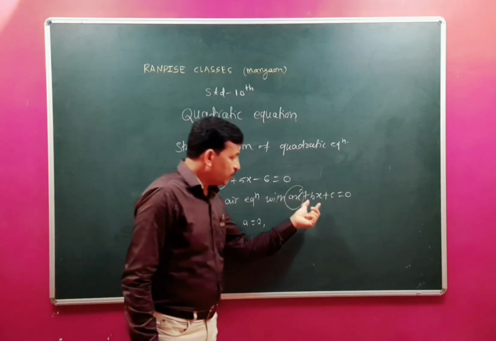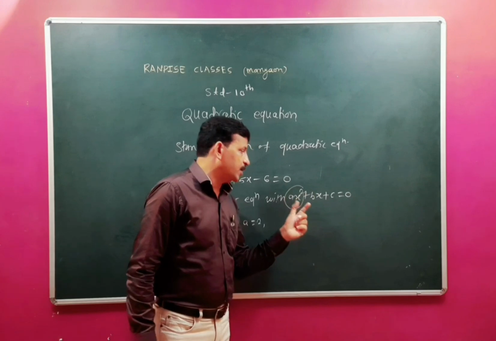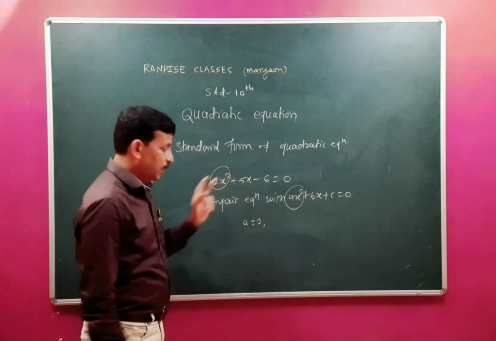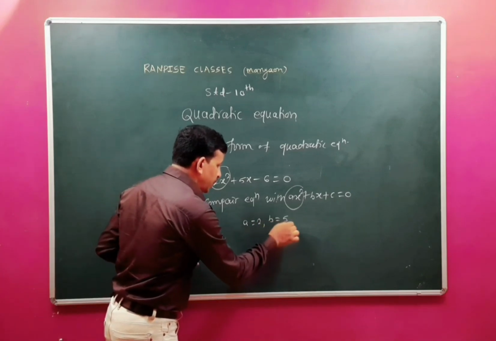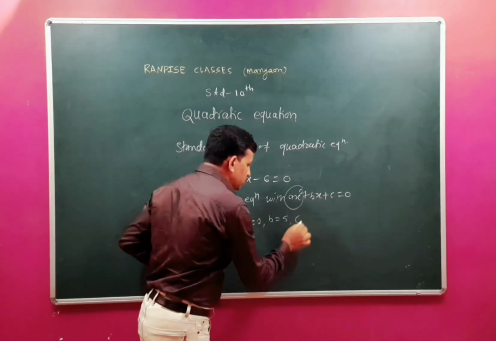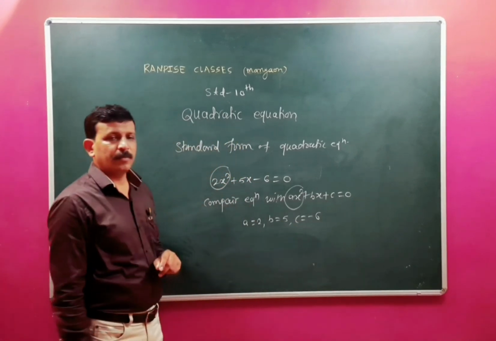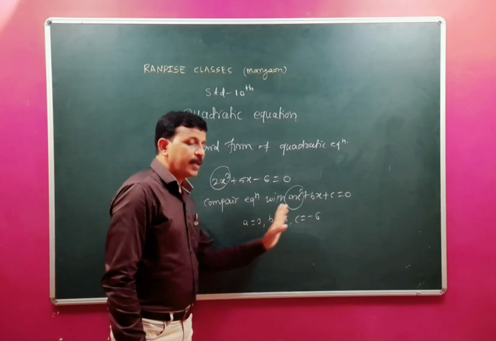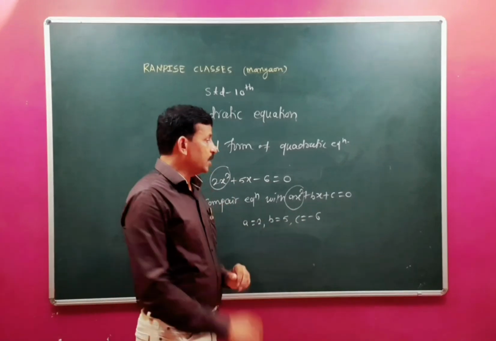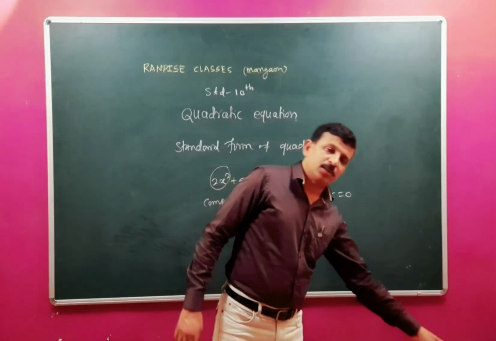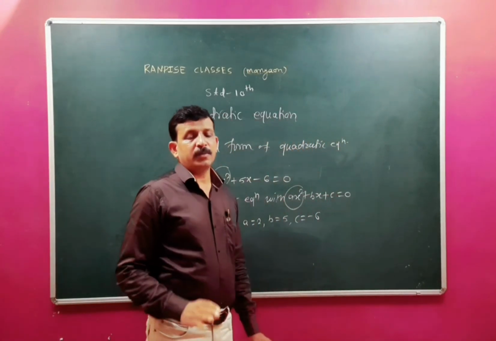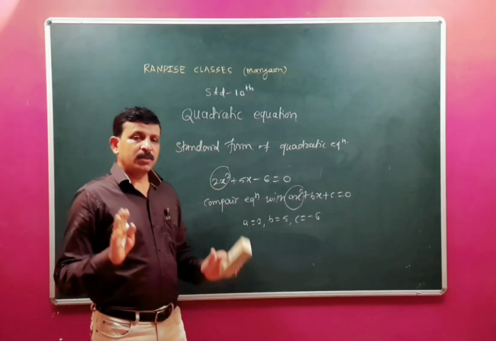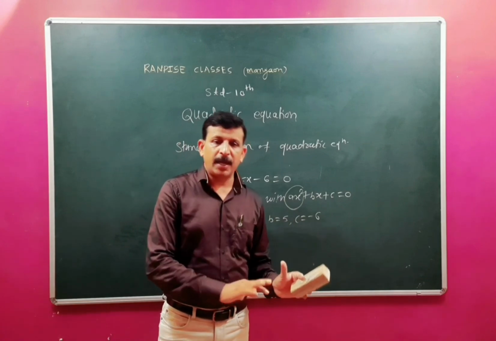Second thing, the coefficient of x, the middle term or variable term, is b, and here the coefficient of the variable term is 5. Then here b = 5 and the constant term c = −6. Means after comparison we can find the values of a, b and c. And second thing, if the given equations are not in standard form, then first simplify the equation, convert it into standard form and compare that.